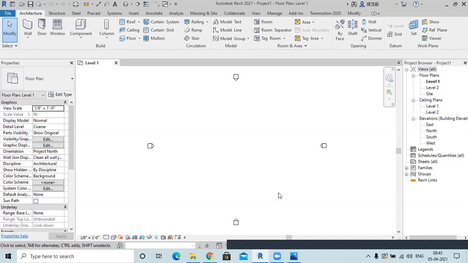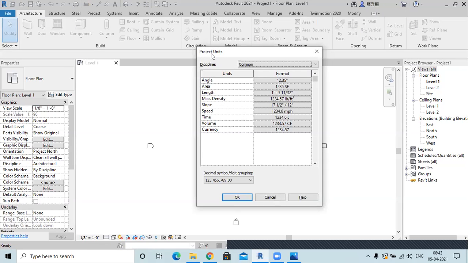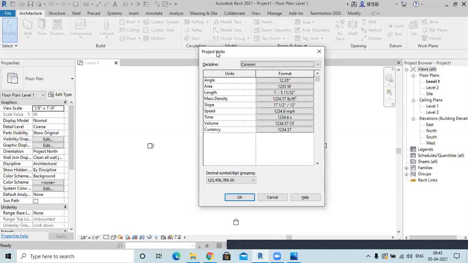Thank you. This will be your workspace. Okay. This is north, south, east, west, all those directions. And this white space, this white board is your workspace. Now once you open your Revit, the first thing you have to do is type UN. Okay, UN. That is the first two letters of units, U and N, and then this dialog box will open.